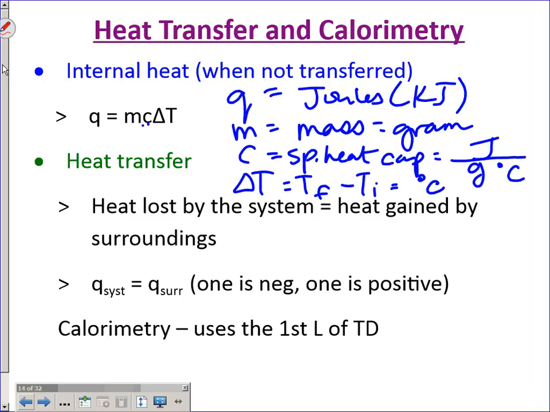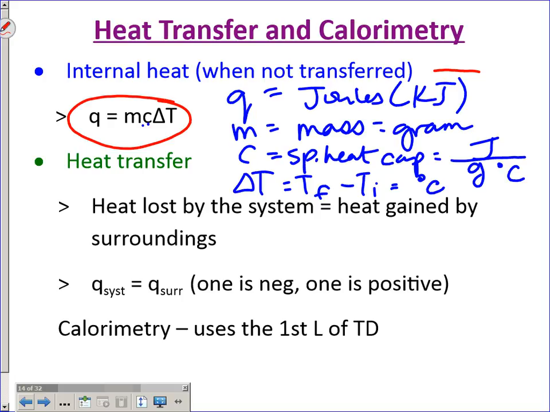Back to me, because I'm going to hit the highlights and then we'll do examples. I'll save some of the other information that's helpful to fill in the gaps in between. I'll do that tomorrow with you. So we already went over internal heat. If I'm doing internal heat calculations,